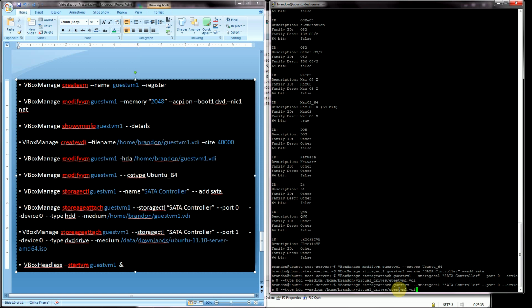Okay, now to shorten things, just press up and you can erase everything back to port 0. You want to replace the 0 with 1, and then space dash dash device 0. The type is going to be DVD drive as one word, space dash dash medium,